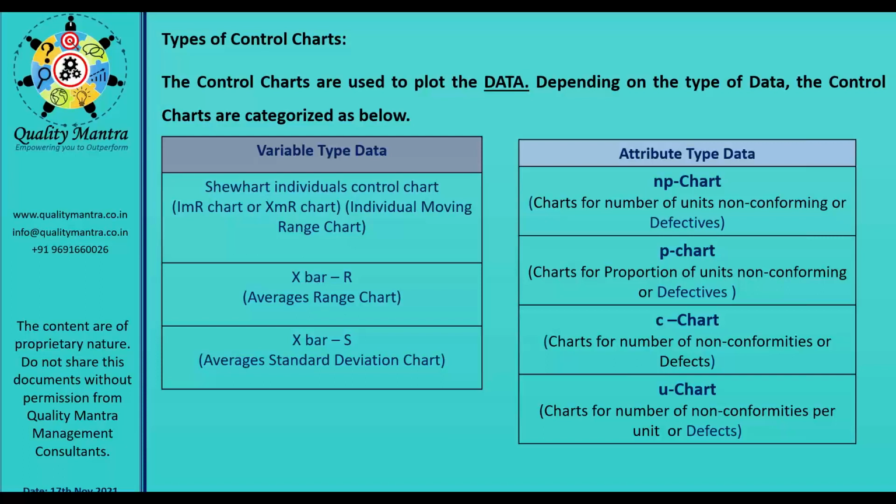Defectives is basically non-conforming product, accept or reject. And defect is basically the kind of defect. There might be a scratch on the car. You may reject, you may not reject that one. So certain defect may not lead to the rejection.